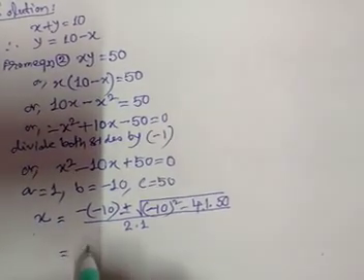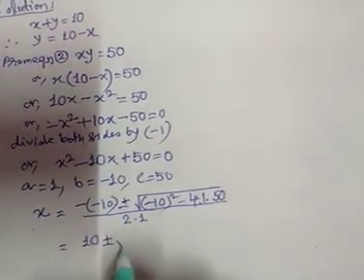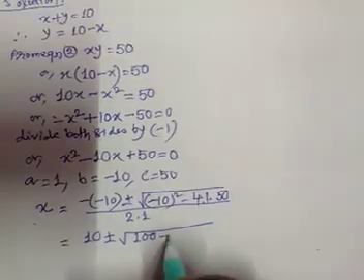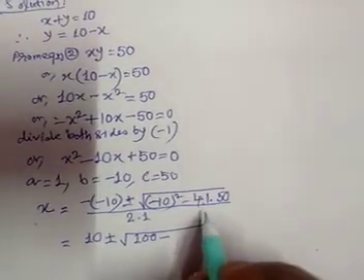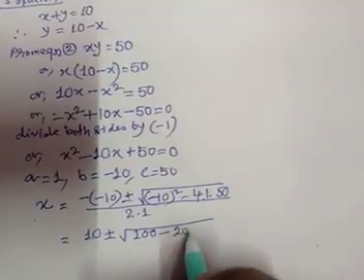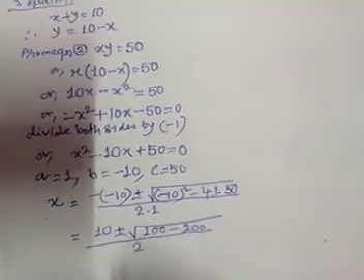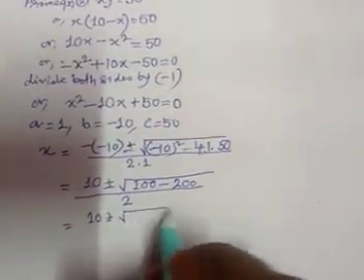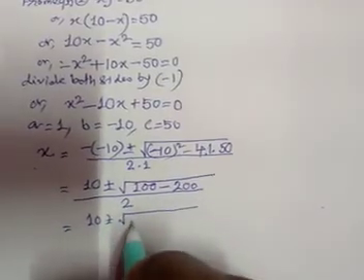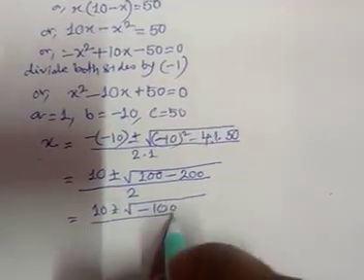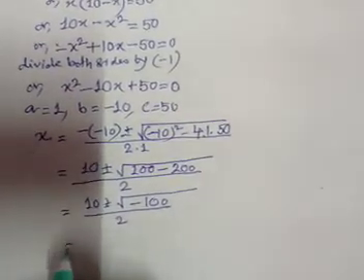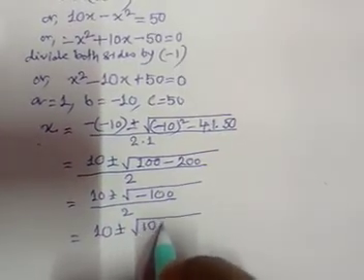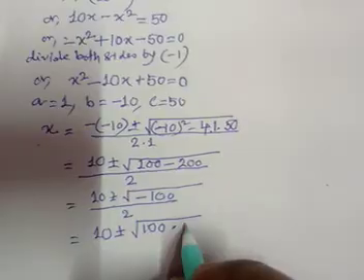So x equal to 10 plus minus root over minus 10 square, that is 100, minus 4 into 1 into 50, that is 200, by 2, or 10 plus minus root over 100 minus 200, that is minus 100, by 2, or 10 plus minus root over 100 into minus 1